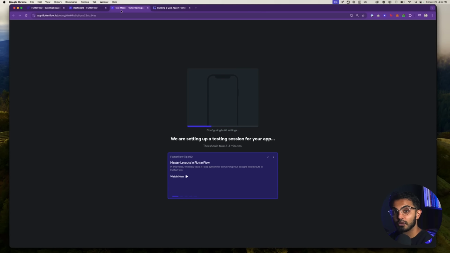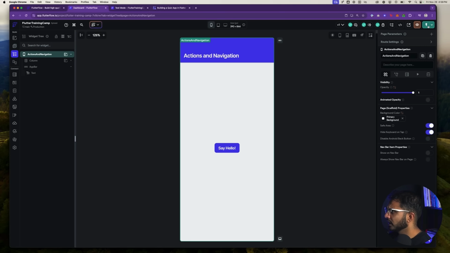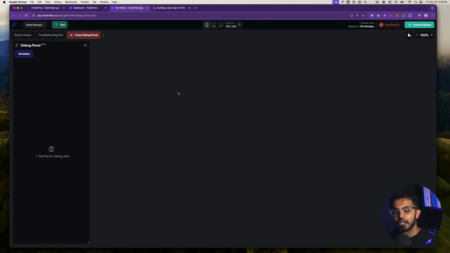Those are all things that FlutterFlow does support, but this is what makes app development so fun and easy, is that FlutterFlow allows you just to literally do everything in the browser, and I'm a big fan of that. So if you don't see the lightning bolt here, you can click on the downward facing arrow and click on the lightning bolt test. Like I said, FlutterFlow does have local run support as well, which means you can download the FlutterFlow app for your Mac. You can connect your phone into USB and actually test the app directly on the phone. There are times where that's a lot more handy than just doing it in the browser, but especially for beginners, the browser should be totally fine.